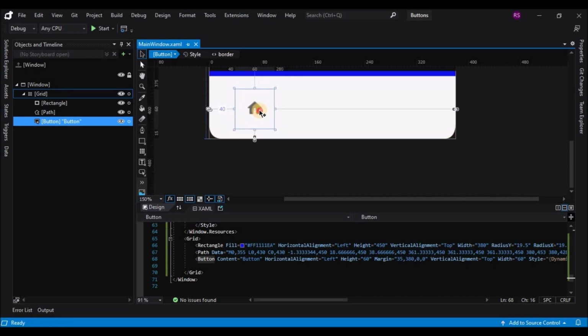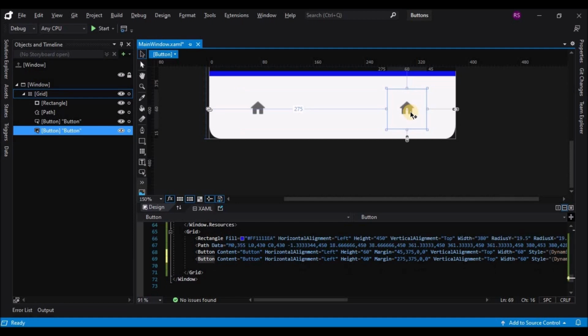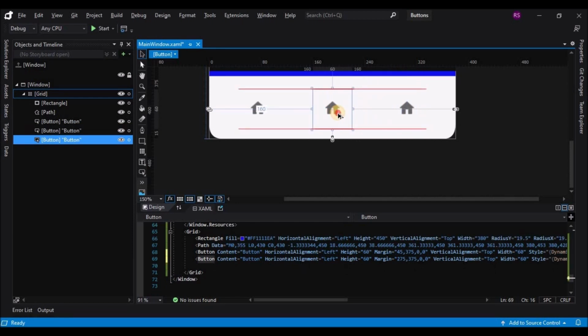So I will use the alt key on the keyboard. I will hold on to the alt key and drag using the mouse. Okay, so we have another button, but if I directly change the image for this button, since the template will be the same, it will reflect on all the three buttons, which I don't want.